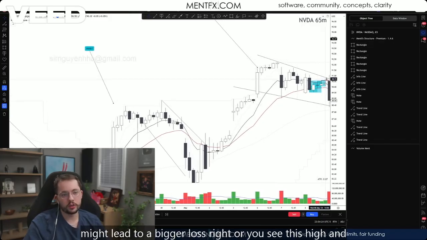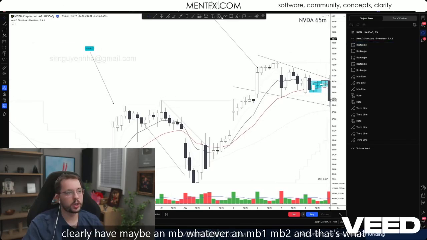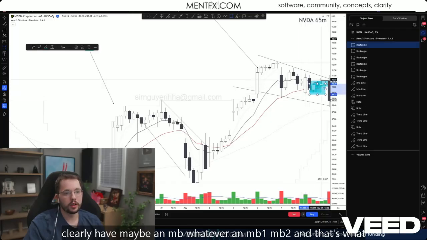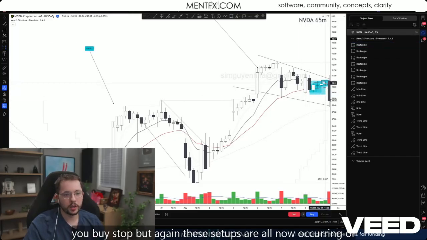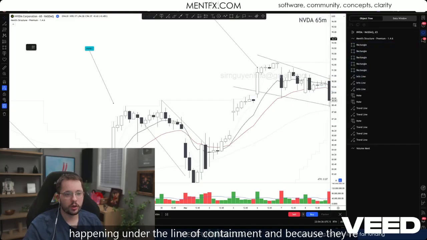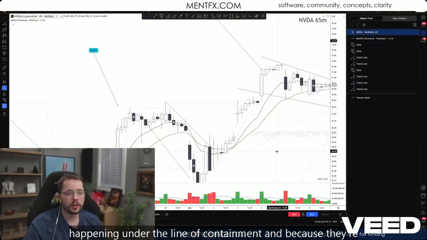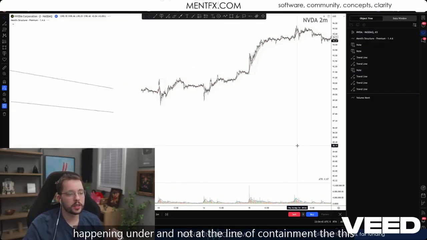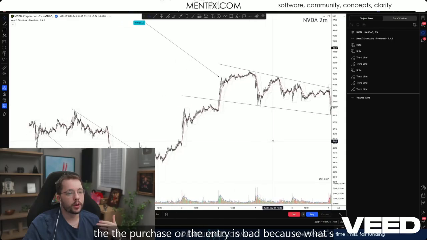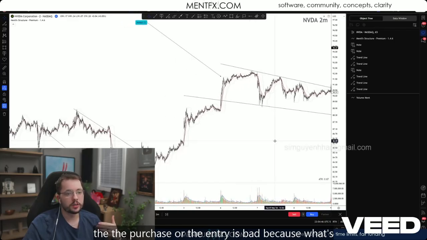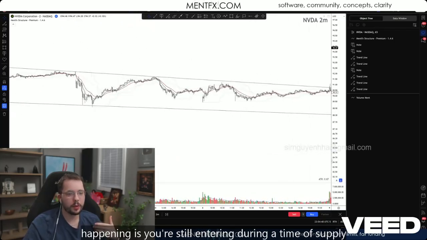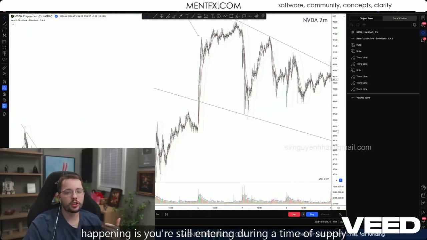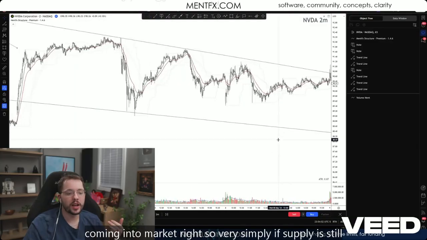Right? Or you see this high and you say, okay, I want to buy stop this overall high because we clearly have maybe an MB1, MB2, and that's what you buy stop. But again, these setups are all now occurring or happening under the line of containment. And because they're happening under and not at the line of containment, the purchase or the entry is bad, because what's happening is you're still entering during a time of supply coming into